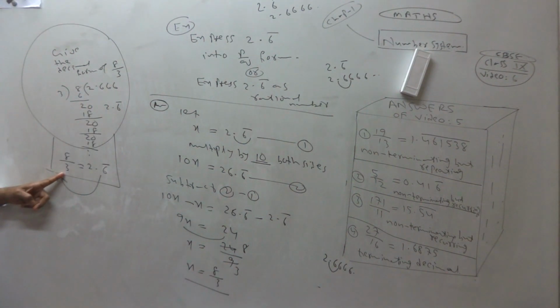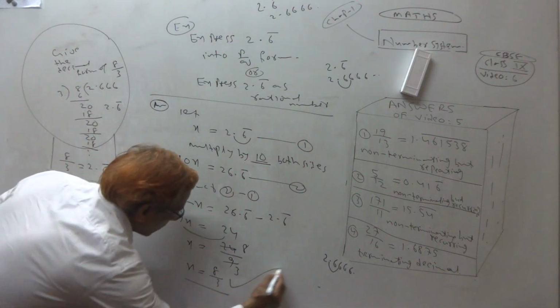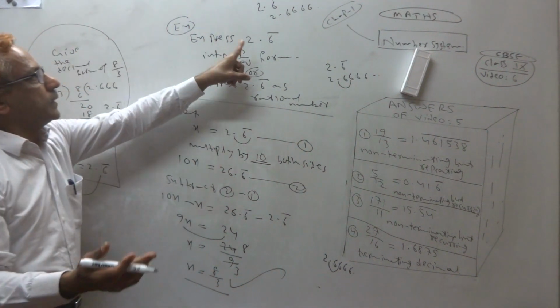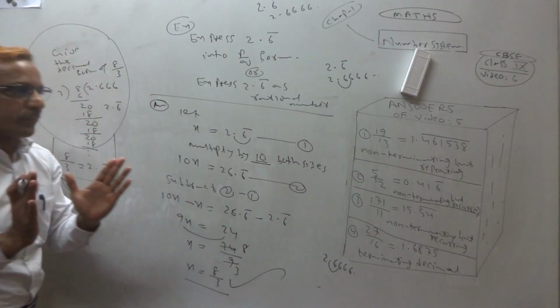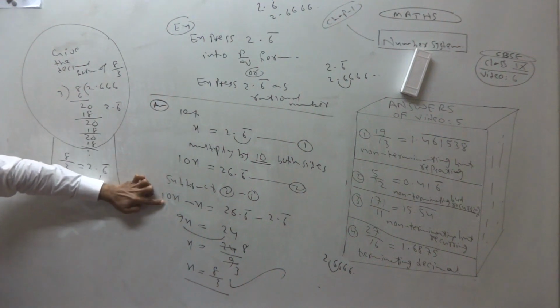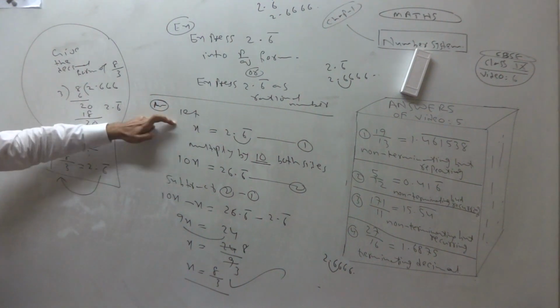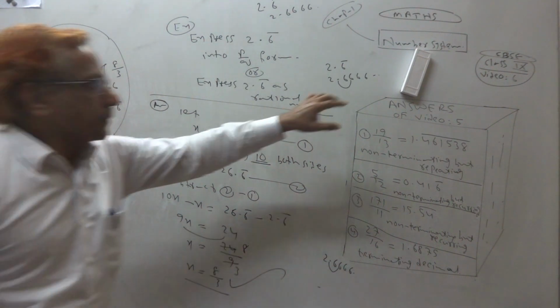You see, before already I have done this. So 2.6 bar is same as what? 8 by 3. We got the answer. Clear? So how you convert this into p by q form? See, I got p by q, 8 by 3. This is only 2 steps. 1, 2, I can say just 3 steps. Subtracting 2 minus 1, you get the answer. You see one more question.